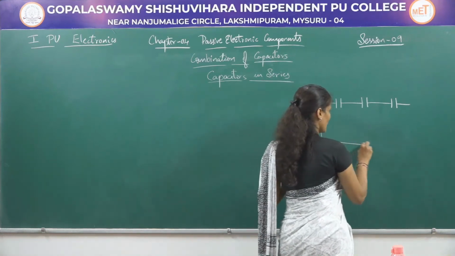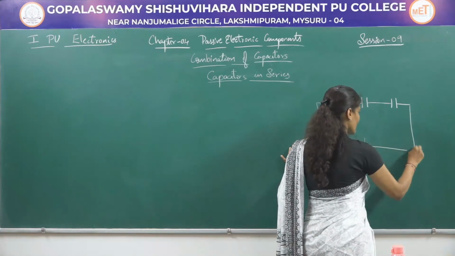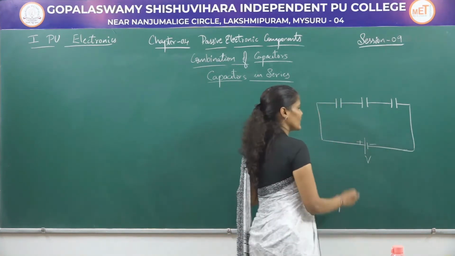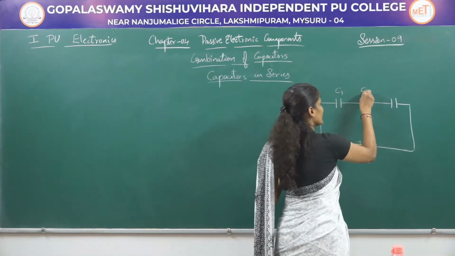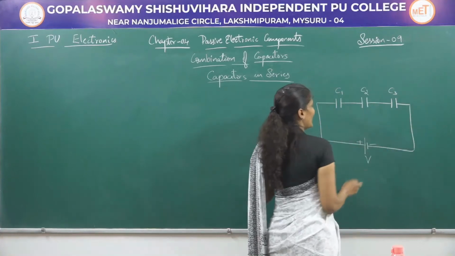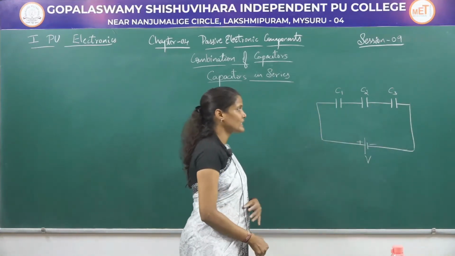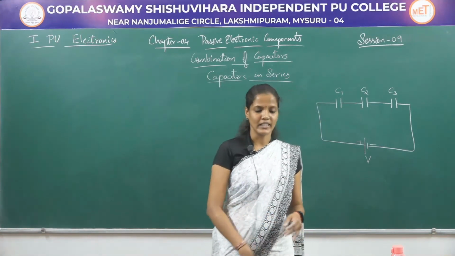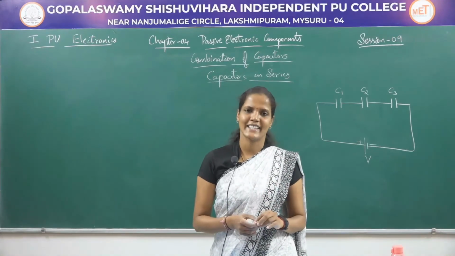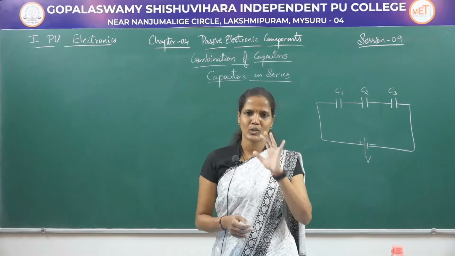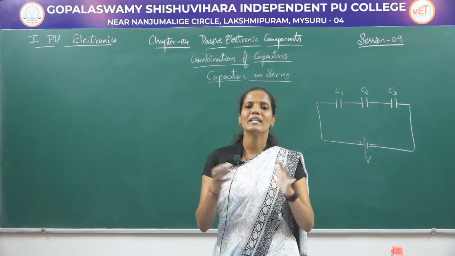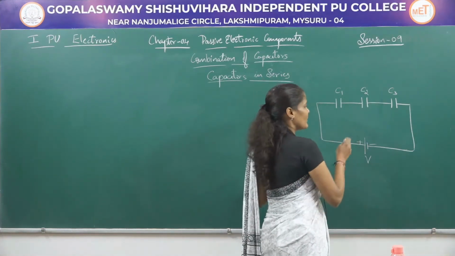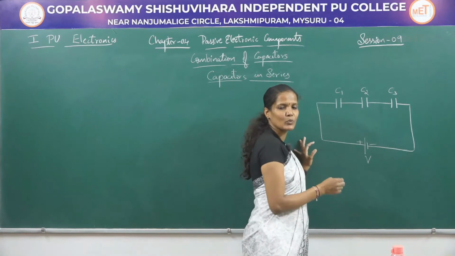If I am going to connect a voltage source across the series combination which is having a voltage of V, this is the positive terminal, this is the negative terminal. Let me call these capacitors C1, C2 and C3, and the voltage across these capacitors will be different. We have already discussed in the earlier session that in a series connection, the current flowing through the components will remain the same, whereas the voltage will be different. So the current flowing through each and every capacitor will remain the same, but the voltage across these capacitors will be different.